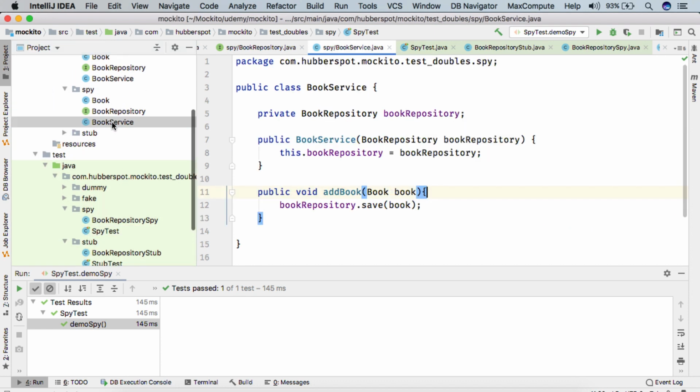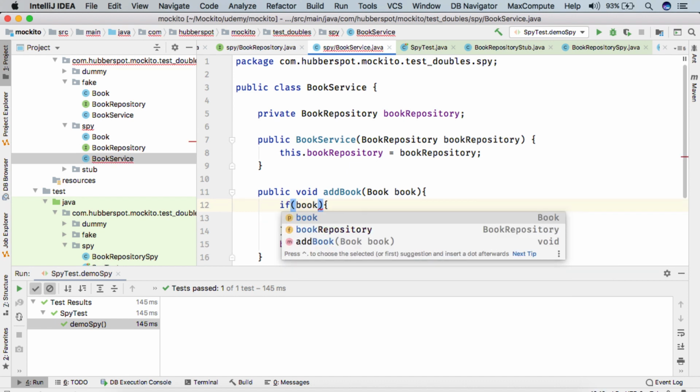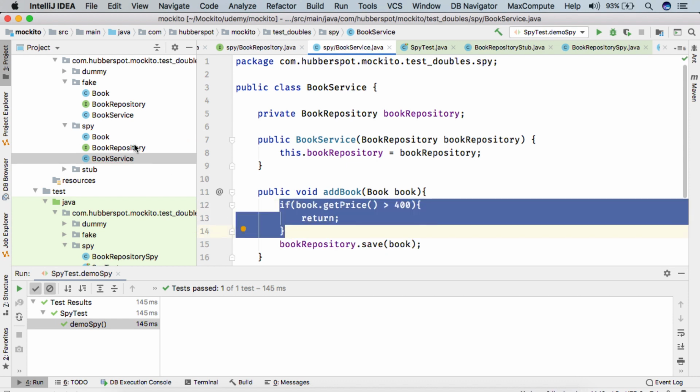So friends, here you can see, let's say I provide a condition here. Let's say if the book price is greater than 400, I simply return. Now I have provided this condition here.